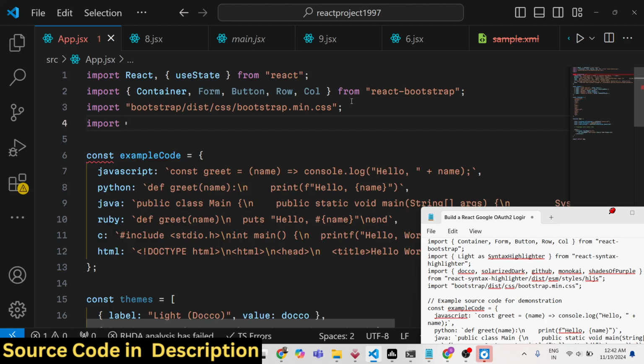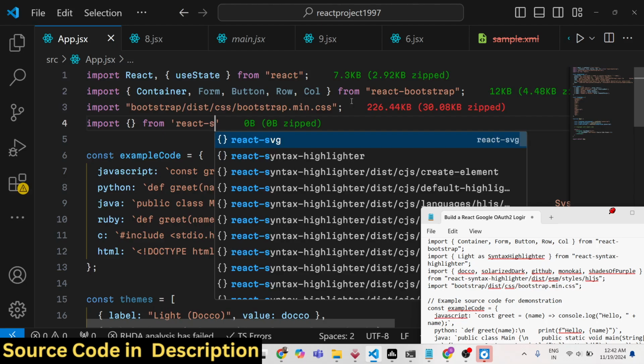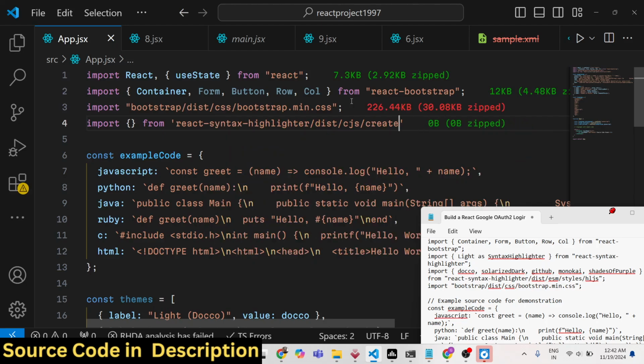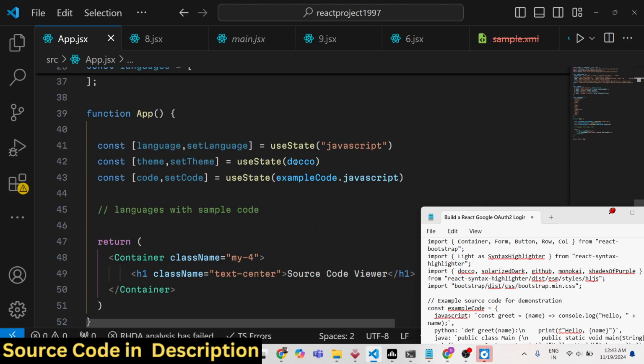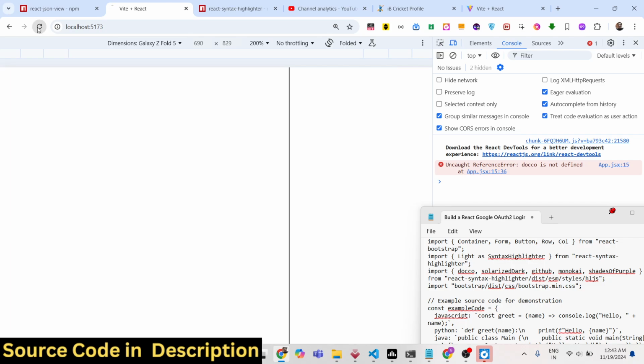So we have various themes available, which will be coming from this React syntax highlighter. Inside that we need to go to the dist folder, and inside this ESM we have various styles, HLJS. So from that we need to import the different themes. One such theme is Doco. We are referencing that. So if you refresh,